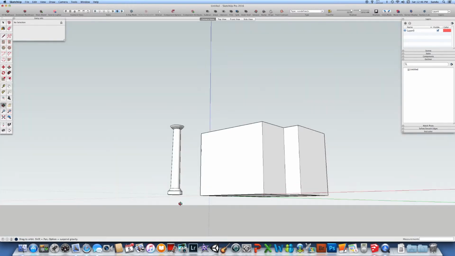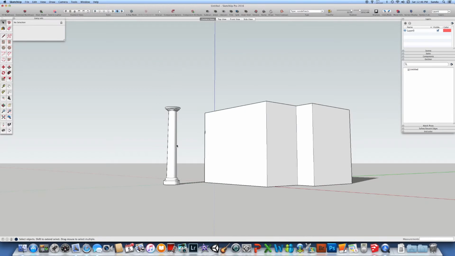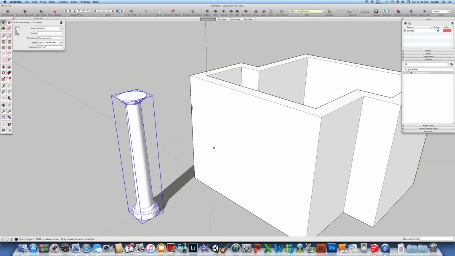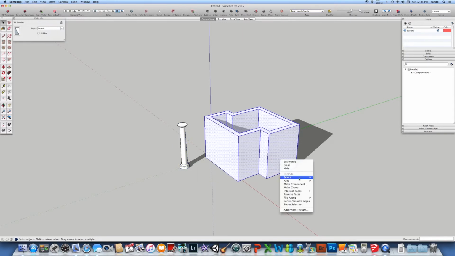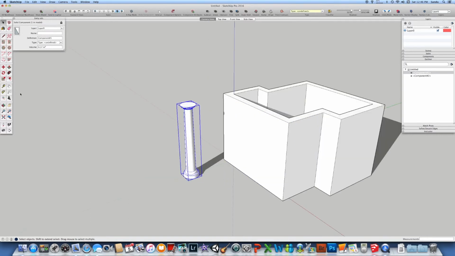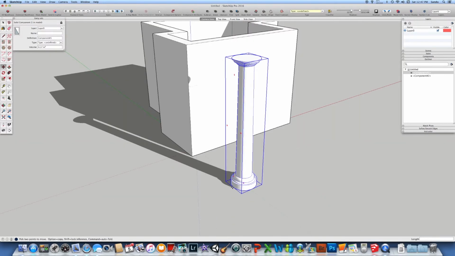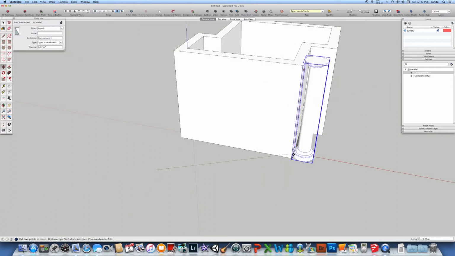And here you go. This is our column, and I strongly recommend each time when you finish with an element like this, make it a component. The reason why is if you want to move this close to another element, and let's make this a component as well, you can use different object modification tools. So if we want this column to be, let's say, from the other side, we want to put it here, at the end of the other object, and we can move it